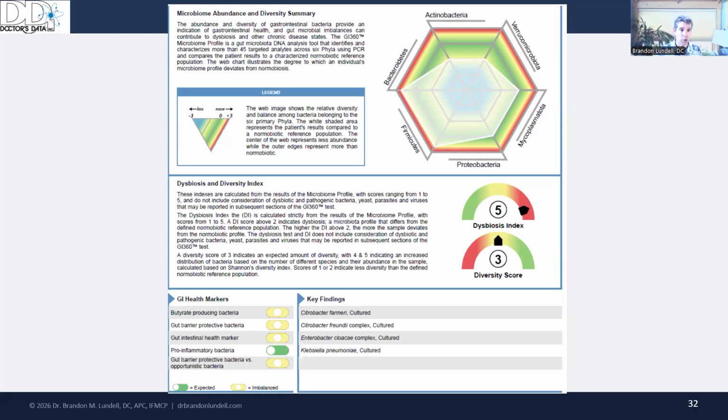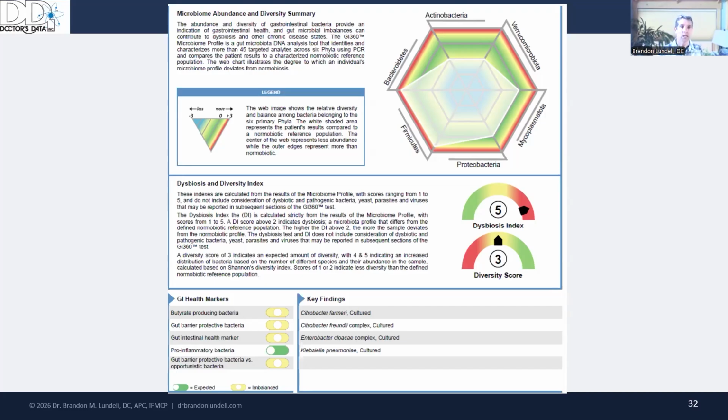Now, this dysbiosis index is only looking at your commensal microbiome. It's not looking at the microbiology profile. And this is a really important point. The dysbiosis index gives you an idea of what the commensal bacteria looks like. Is the expected bacteria in your gut out of balance or not? And you can look at the diversity score as well. So it's based on Shannon's diversity index and many studies that look at diversity across populations. So it's great to evaluate your commensal bacteria, but it does not take into account